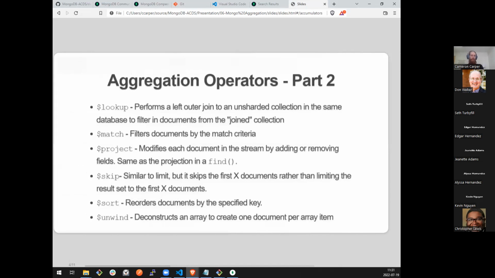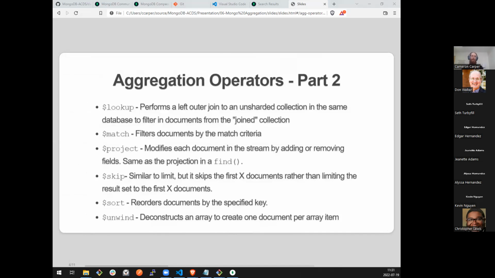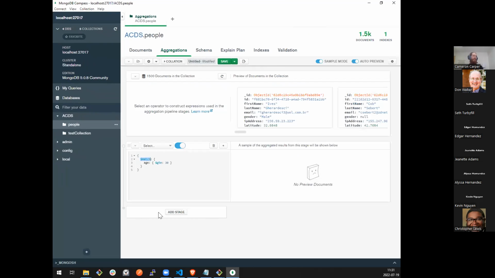Actually, since we're on that, before we talk about accumulators, let me write a quick example of that, because this is going to be easy. So this is my aggregation stage. I've deleted the match because now I want to do an unwind. So I'll tell it I'm doing an unwind.